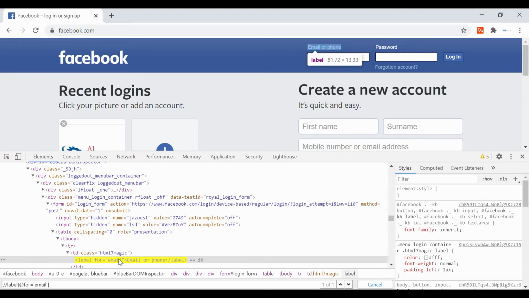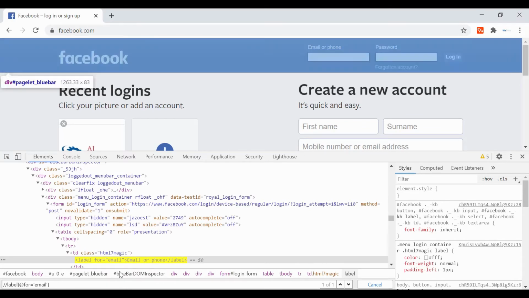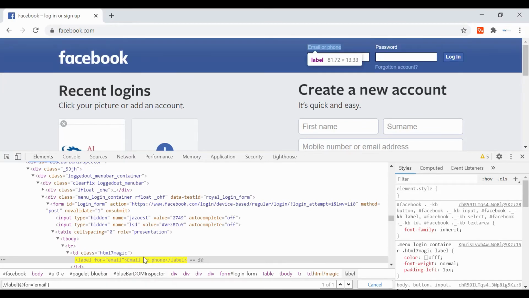Here you can see that there is no ID or class or name attributes available for this label, right? So one way is to use this, and another way is to make use of this text directly. You can tell it, give me an element having this text.